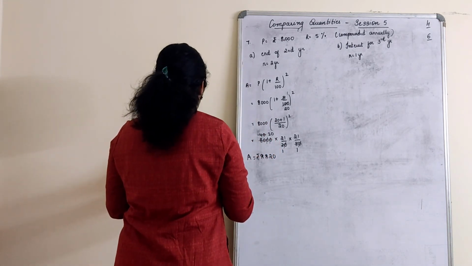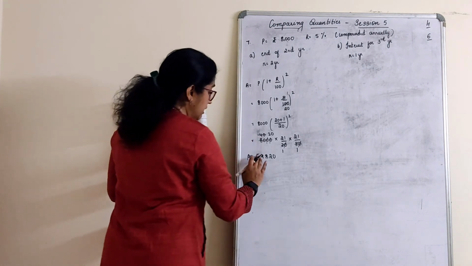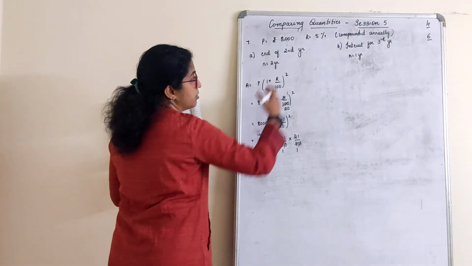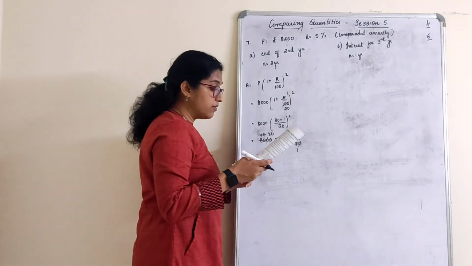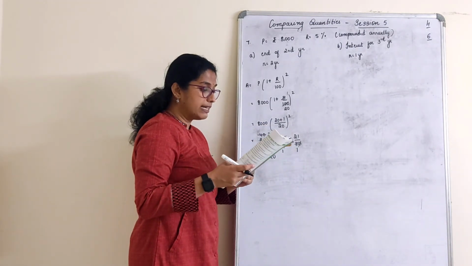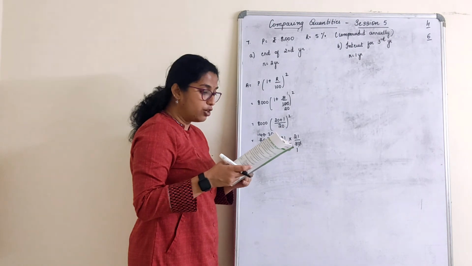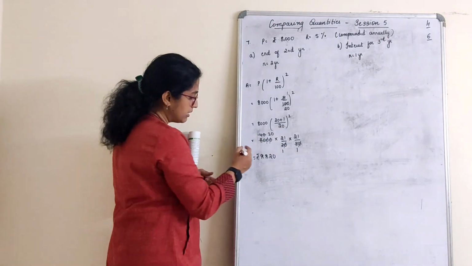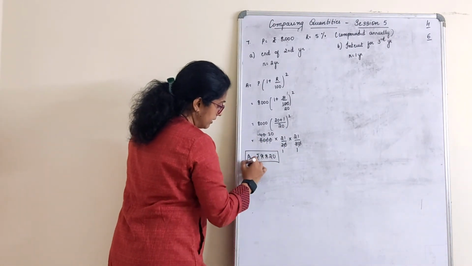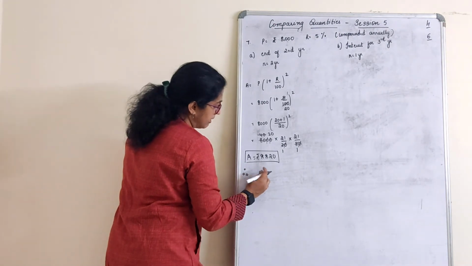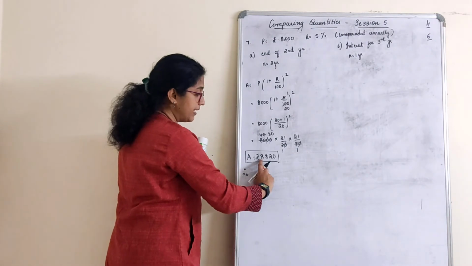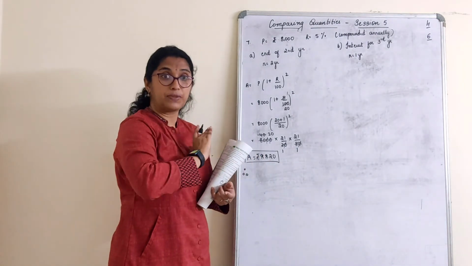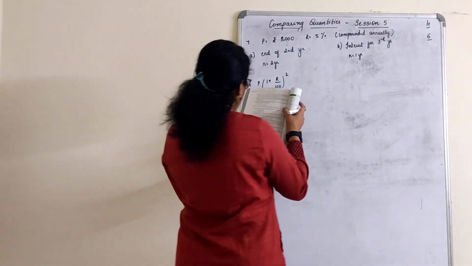Okay. So now this is the amount for the third year calculation. Now what have they asked? Amount credited against her name at the end of second year. Give the conclusion here only. Therefore, the amount credited against her name at the end of second year is 8,820. Done. First part is over.